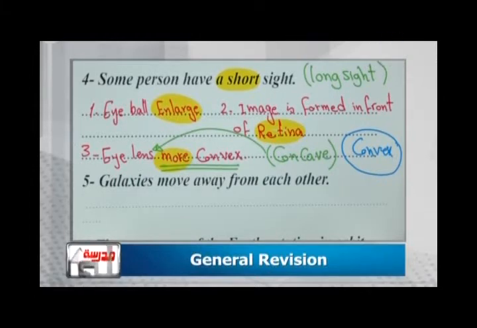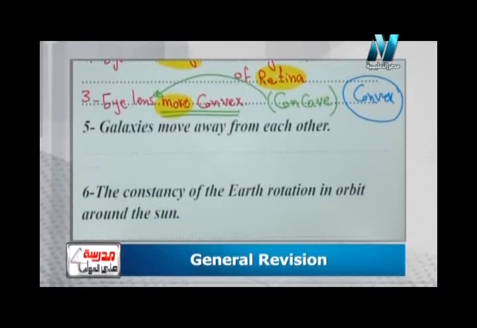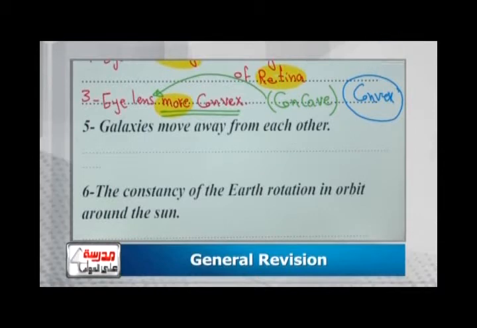Okay, here it says number 5, galaxies. Of course, we studied galaxies before, in primary stage and first prep. A galaxy is a group of stars gathered due to gravity, a collection of stars gathered together that we call a galaxy. Of course, the galaxies here in the universe move away from each other. Why? I will say because